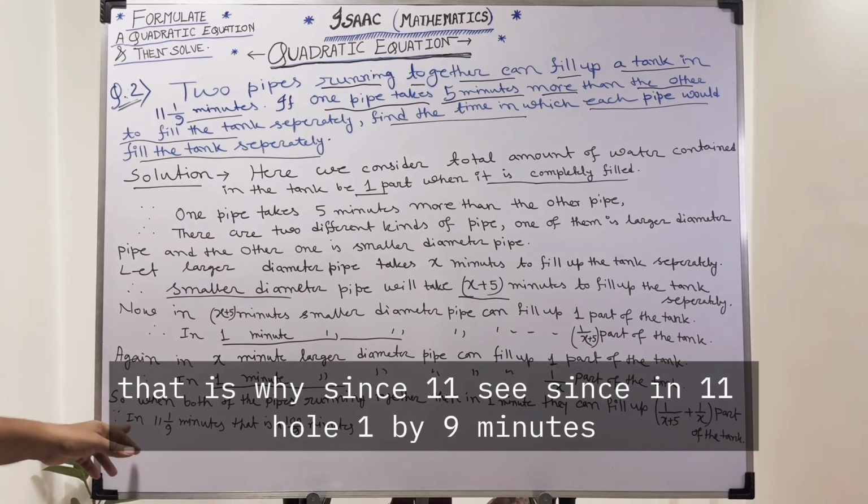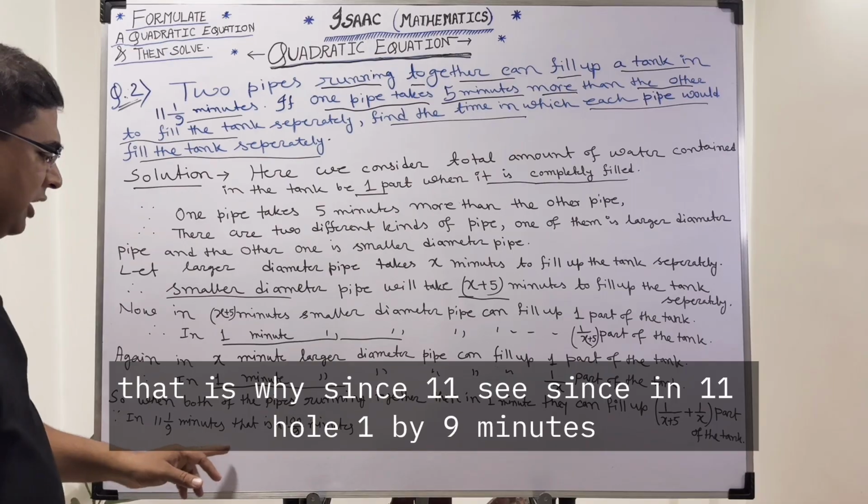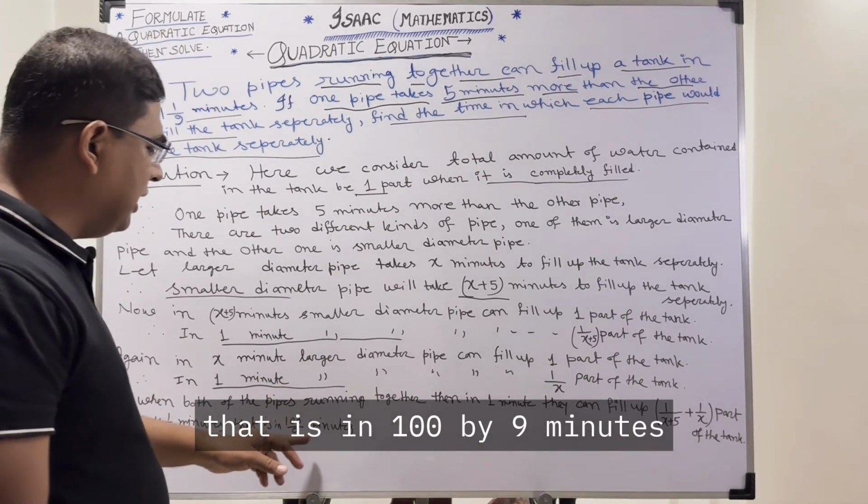That is why, since 11 whole 1 by 9 minutes is 100 by 9 minutes,